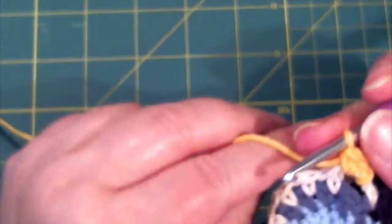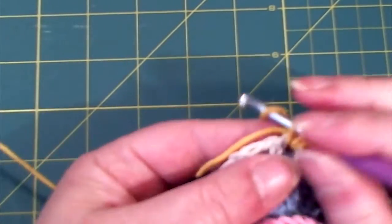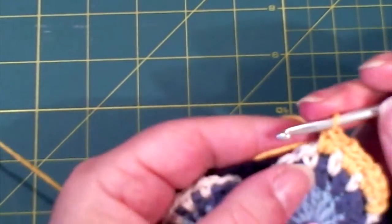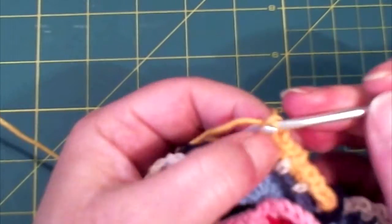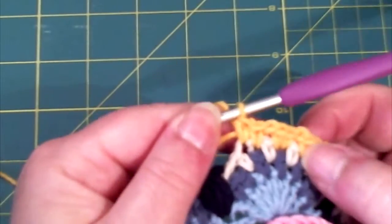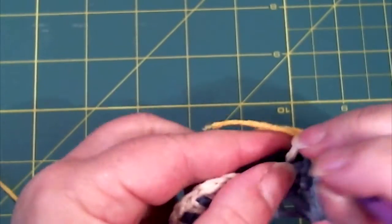And now we need to chain 1 and 2 single in the next chain 1 space, and chain 1 and 2 single in the next chain 1 space, and chain 1 and 2 single in the next chain 1 space. I think it was 4 times we need to do this. So chain 1 and make 2 single in this chain 2 space,